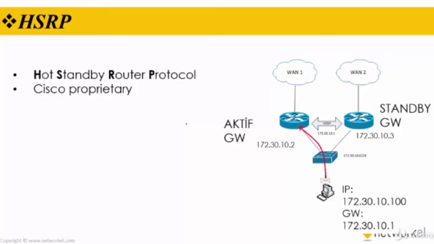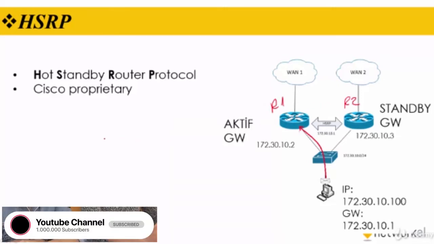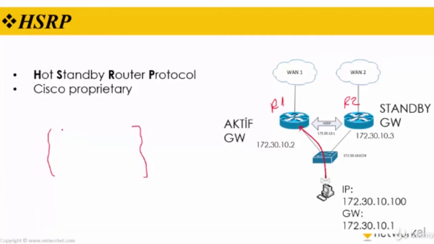Virtual IP and MAC addresses are shared between the two routers, and there is no load balancing, and it is verified by the show standby command. As you can see in our figure, we have two routers, router 1 and router 2. And please pay attention that I'm using HSRP to protect the default gateway for here and